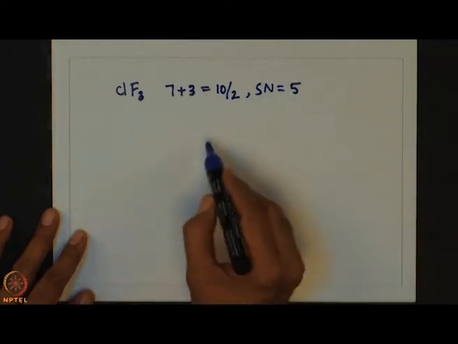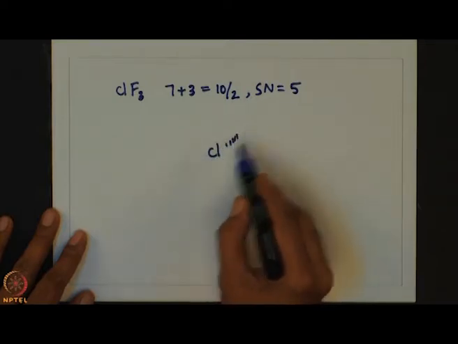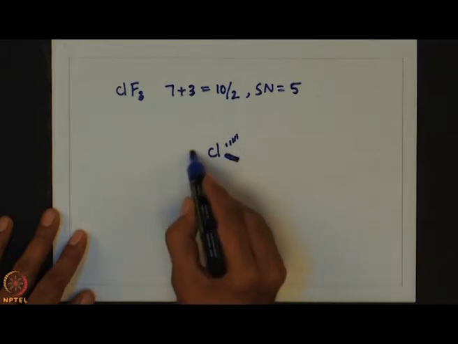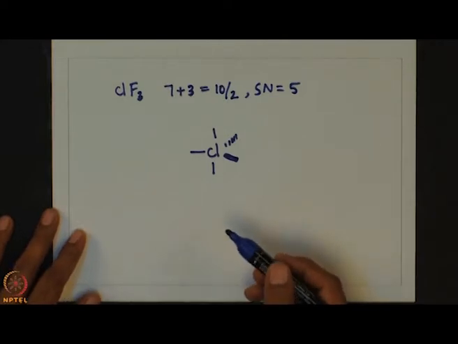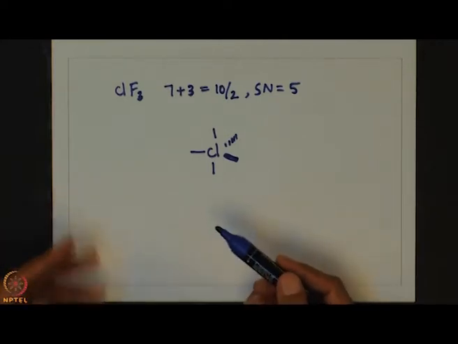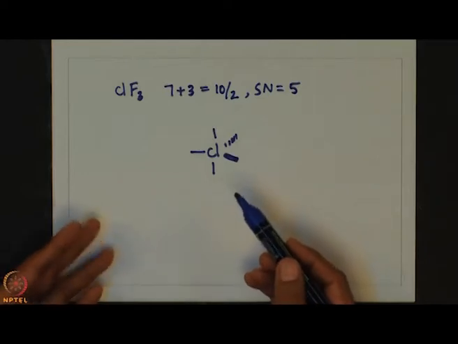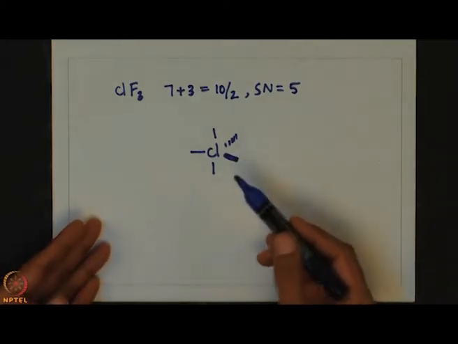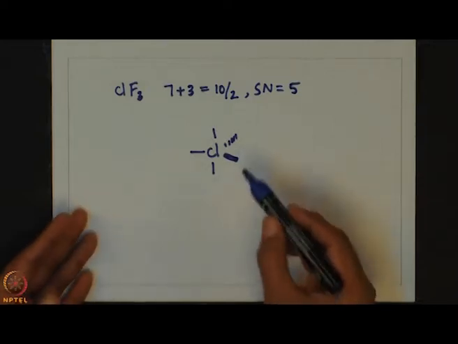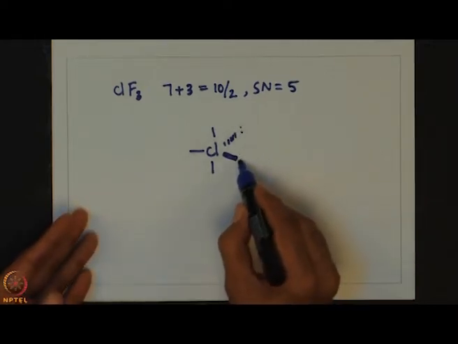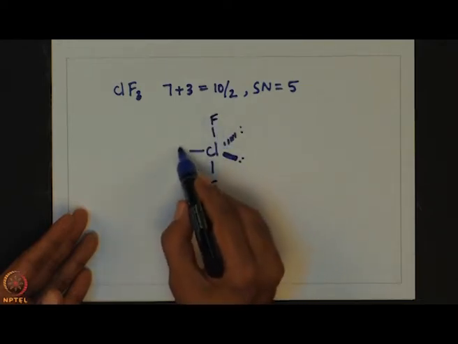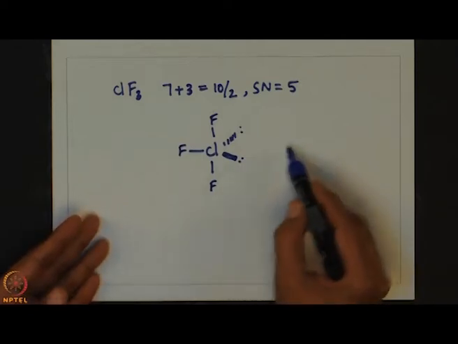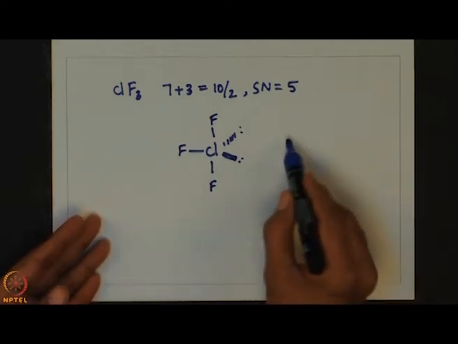So, now again the geometry is trigonal bipyramidal. Now, we have 2 lone pairs. Taking the hint from SF4, it is convenient to place them in the equatorial position so that the repulsion can be minimum. So, we shall place the lone pairs here, and the remaining fluorine atoms can be placed in the axial positions, one in the equatorial position, and here the geometry is trigonal bipyramidal.